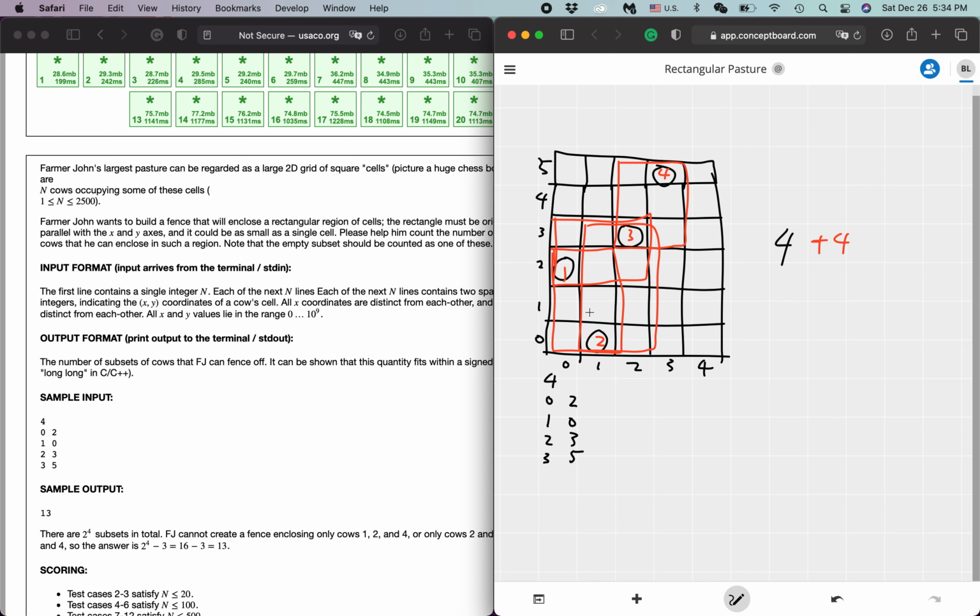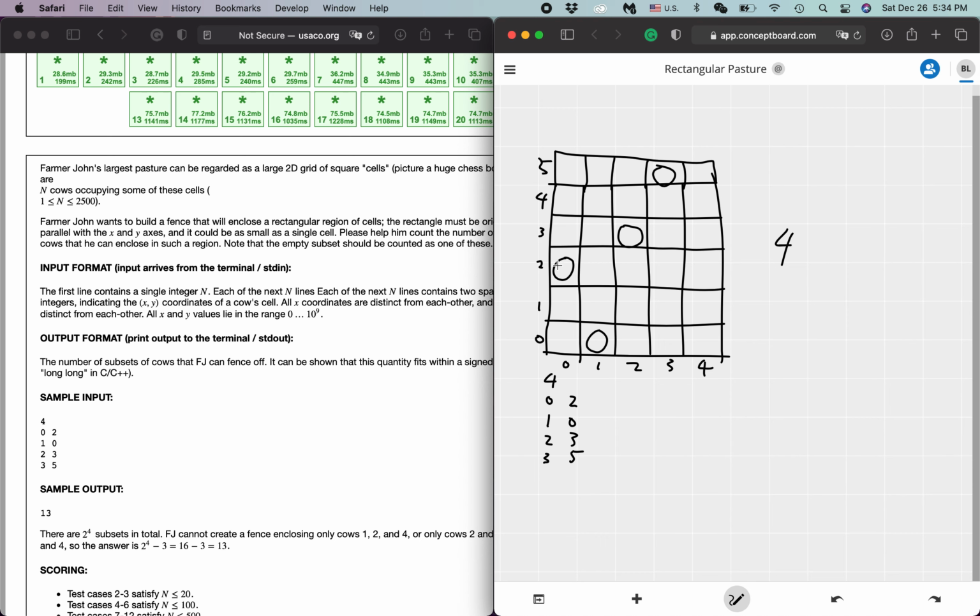So then you might think, okay, so if that approach doesn't work, then maybe the best thing we can do is just try to find the number of paths just by looking between 2 cows, and that would be the right answer. So let me repeat what I said. Essentially what you're trying to do is look at every pair of 2 cows and try to find the number of possibilities that you can fence, or the number of possibilities that you can create a fence that includes those